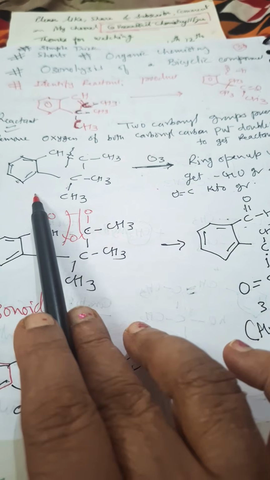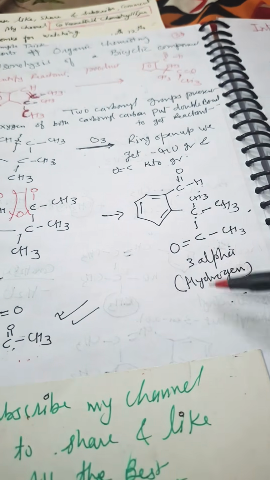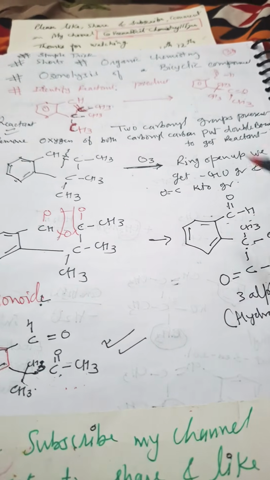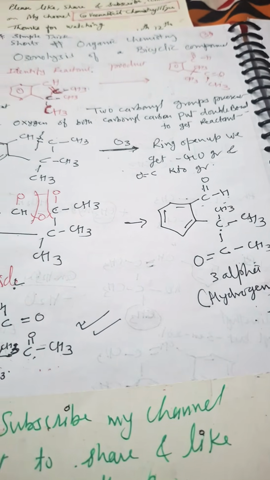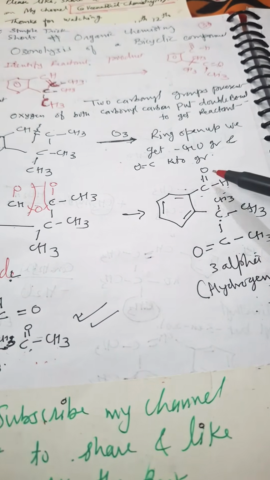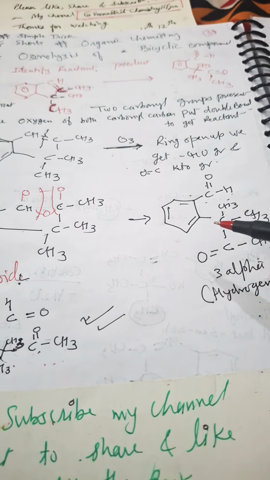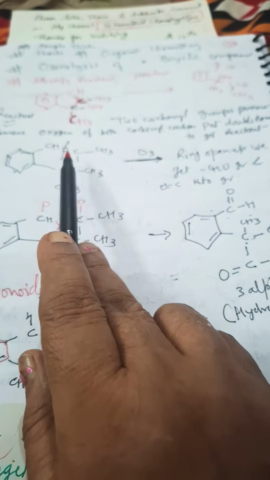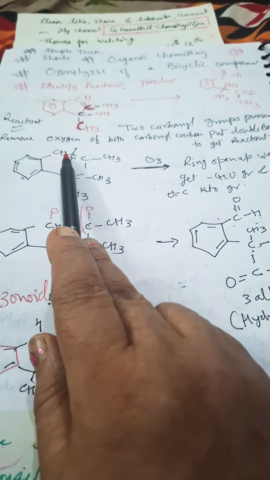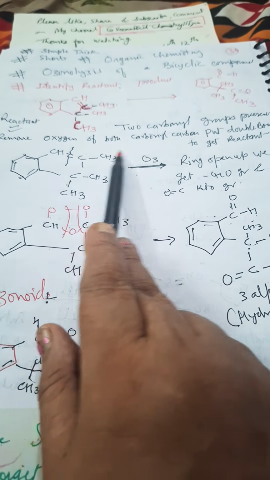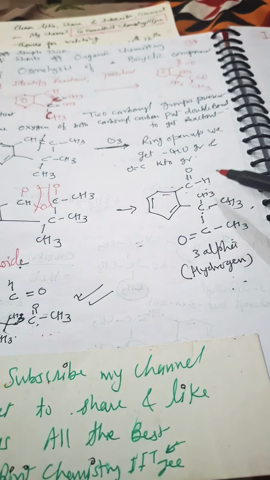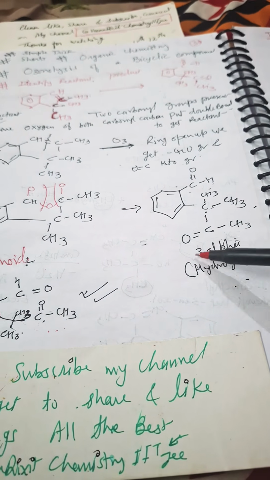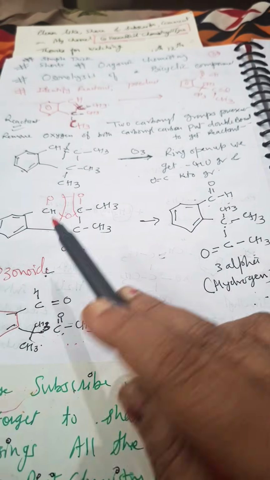Sometimes they are giving you the reactant and asking the product, sometimes they are giving the product and asking the reactant. At that moment, remember that dicarbonyl groups are only obtained when there is a cyclic compound and it has a double bond. When the double bond is broken, then this CHO group is separated and the COCH3 group is separated. Here the CHO group is separated, the COCH3 group is separated. Okay, the rest of the part will remain.